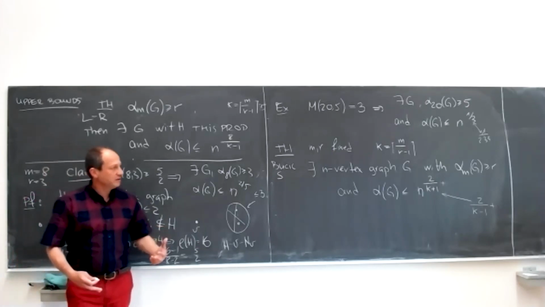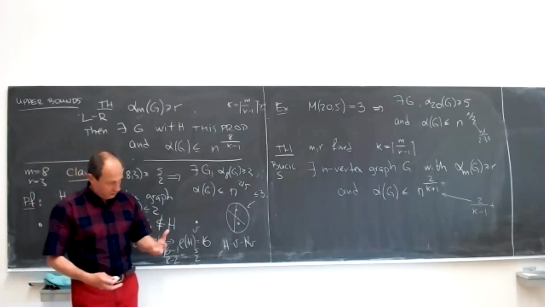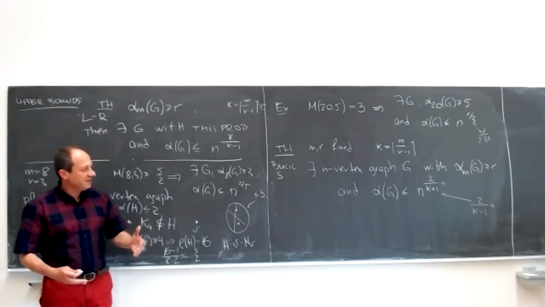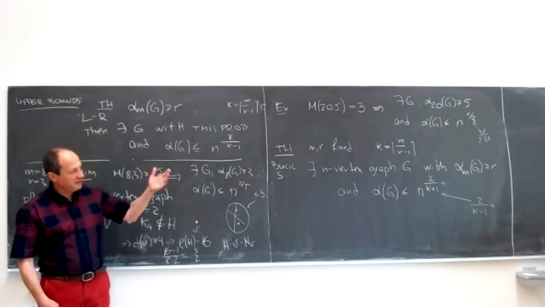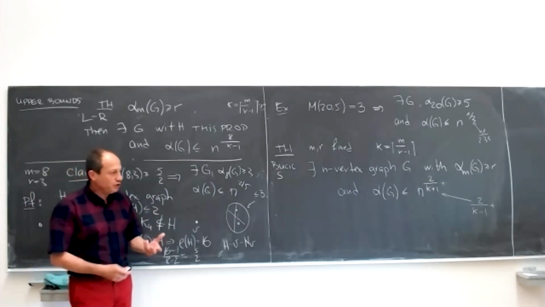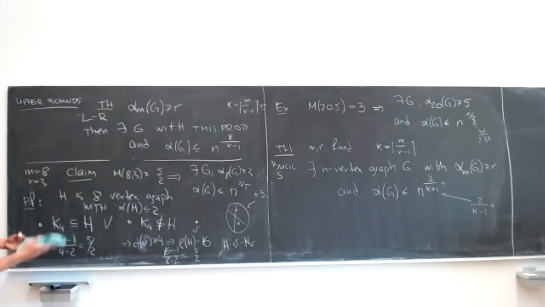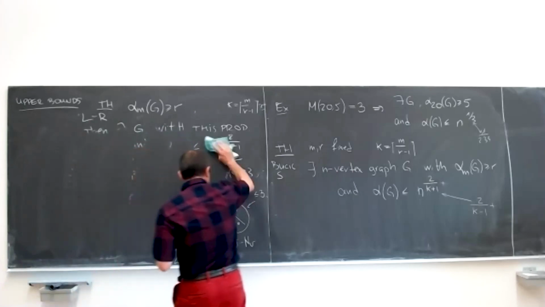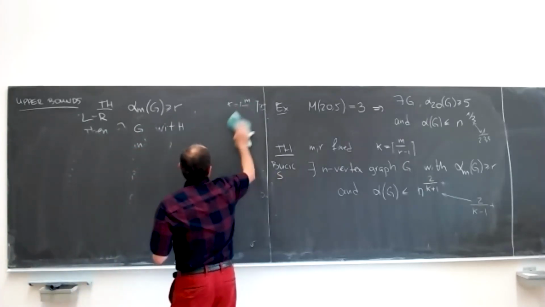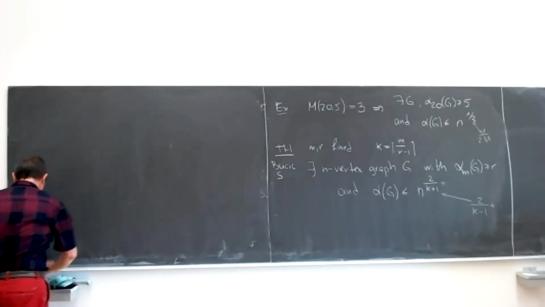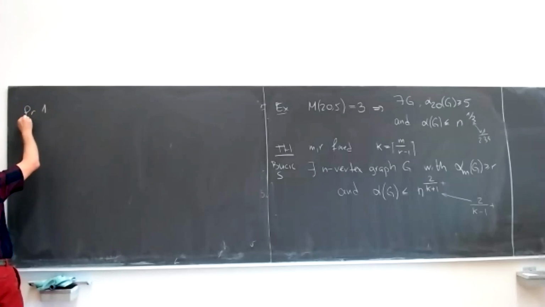For the upper bound, we try to do the usual approach. You take an appropriate random graph, and you guarantee that in this random graph, every m vertices have independence number at most r, and there is no big independent set. And if you do the mathematics, you need to choose your probability a certain way, and it leads to the following problem. And again, I want to mention this as maybe a first open problem. I think this extremal problem is pretty interesting and leads to interesting constructions. So this is problem number 1 in my list,